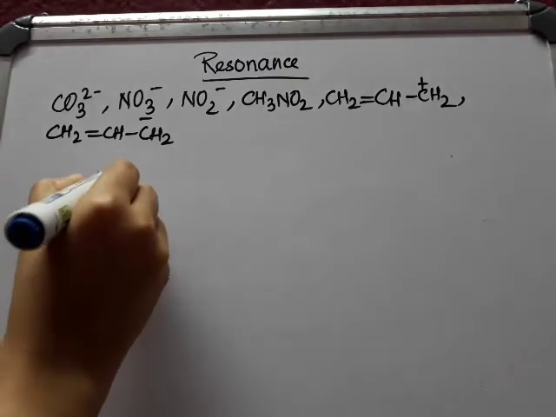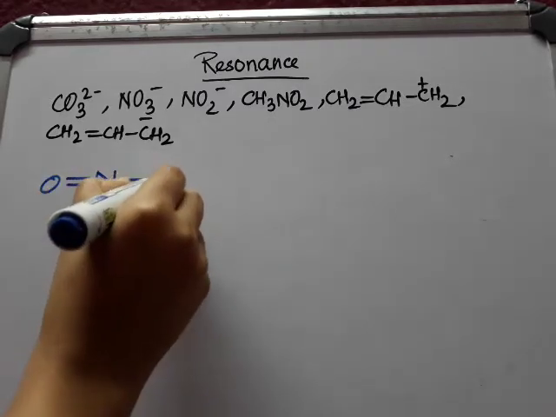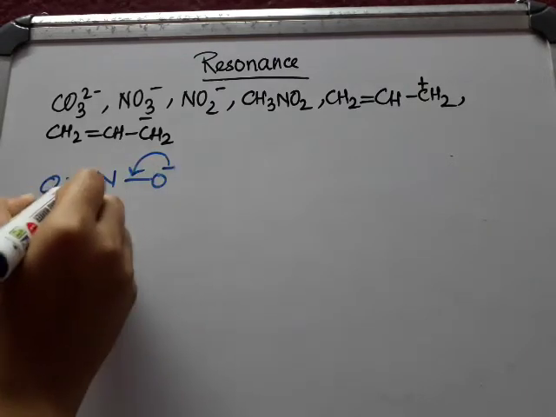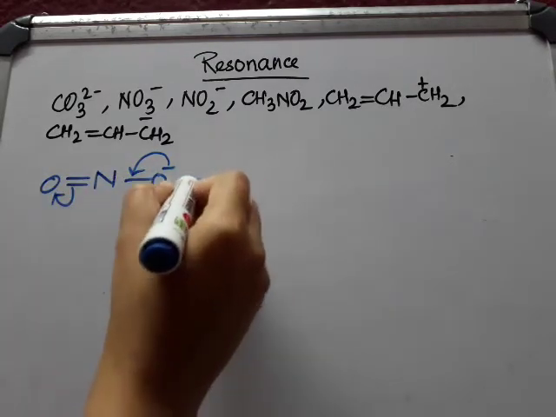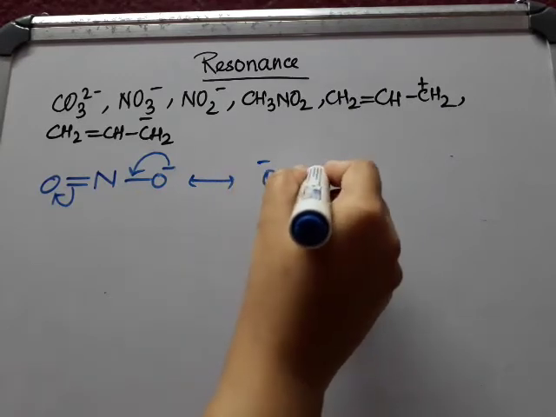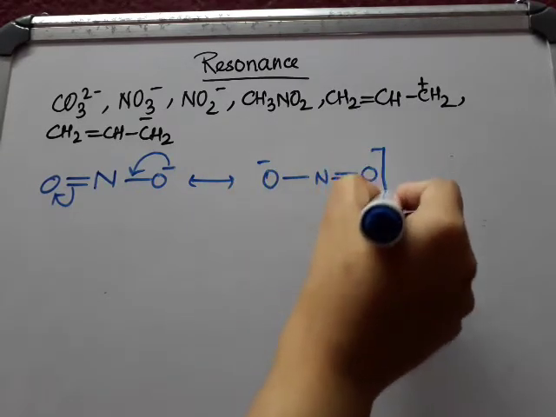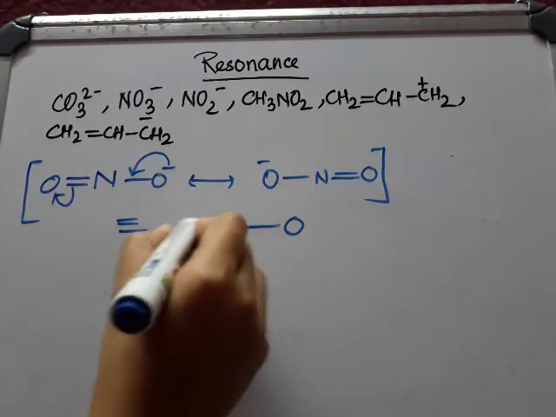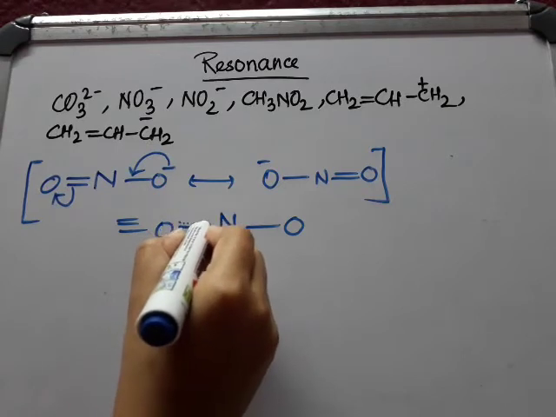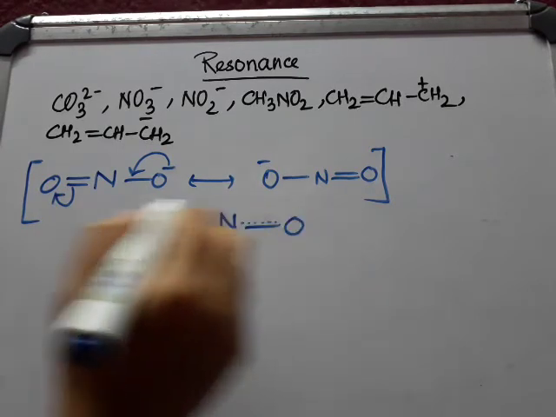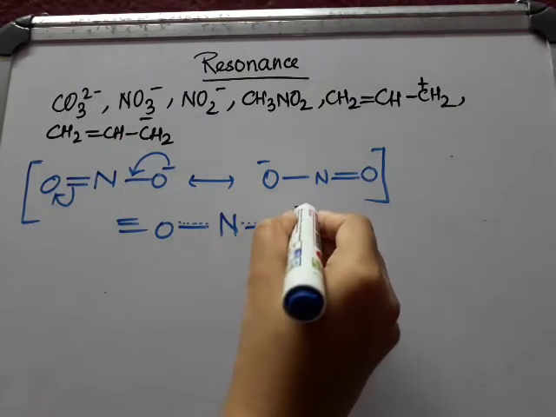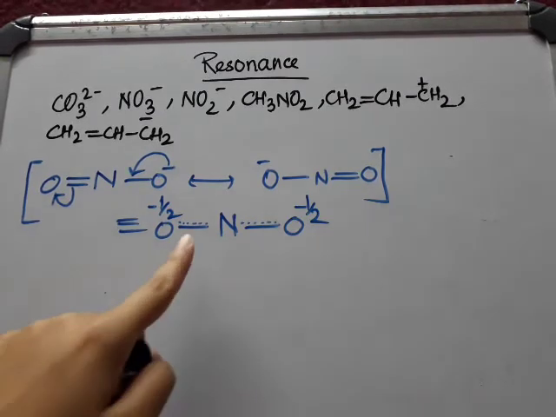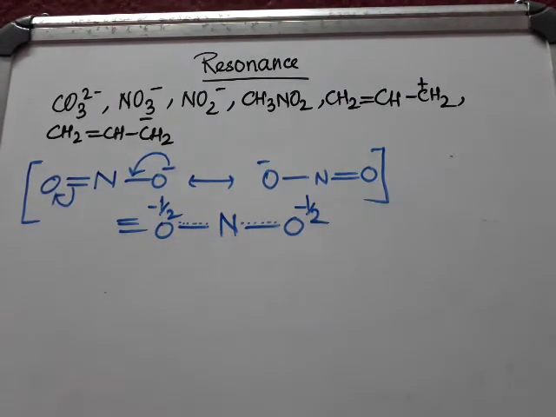For this reason 3 nitrogen oxygen bonds are similar in length. Now, nitrite, this one. So, this negative charge is in conjugation with this system, and another canonical structure looks like this. So, the resonance hybrid is just like that. Each of them is getting partial double bond character, and the negative charge is shared between 2 oxygen atoms. So, minus half, minus half. For this reason 2 bonds are equal in length.